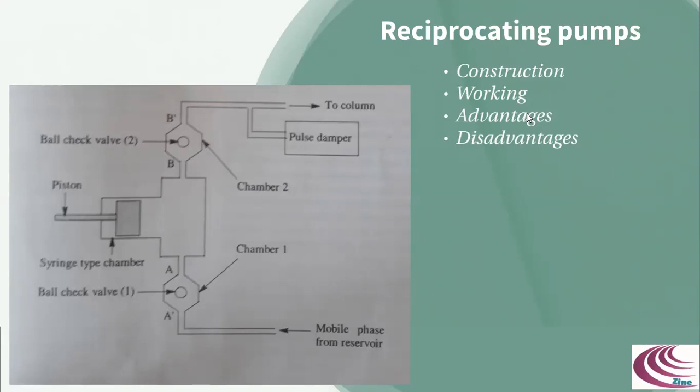Now in disadvantages, the reciprocating pumps produce a pulse flow. If proper measures are taken, the pulse flow from these pumps is not considered to be a major drawback, since a pulse flow can be easily converted to pulse-free flow. These are some points we can cover as the disadvantage part of this kind of pump.